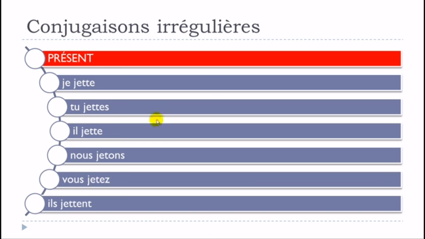So what we can see here is that je, tu, il, and ils will be affected by these changes, and the only change that you will have to make is that you will have to double the t here. T, okay? Normally you should have only one, and then you will double it. And by putting two t like that, it will open the sound of this e, so you will get jette, okay? Je jette, tu jettes, il jette, and then here you don't touch it. Jetons, vous jetez, okay? And then back to the change. Ils jettent. Alright, so you double this letter T here, okay?